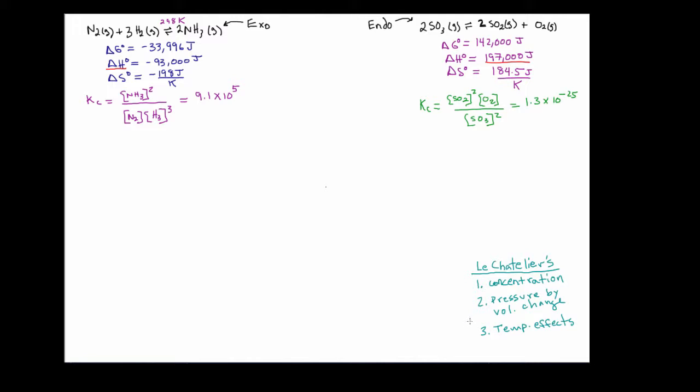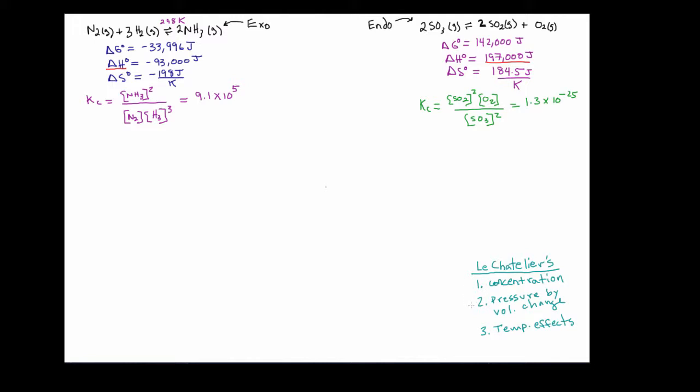Now, you'll remember that basically Le Chatelier's principle deals with 3 ways in which we can manipulate an equilibrium position of a chemical reaction, and then that reaction will respond to that alteration by coming back to equilibrium. And there are 3 ways that we can disrupt the equilibrium of a reaction so that it responds to that disruption. The first is through changing the concentration of one of the reactants or the products, or all the reactants and the products of a reaction, and then the reaction will respond to that by shifting either to the right or to the left in order to come